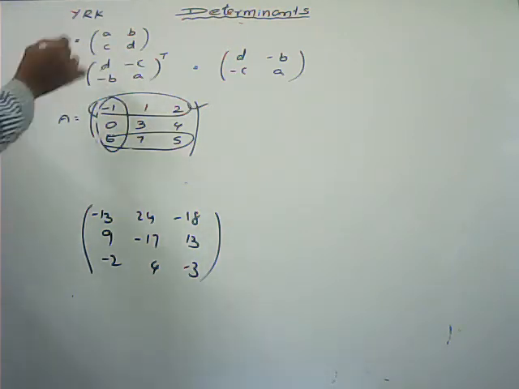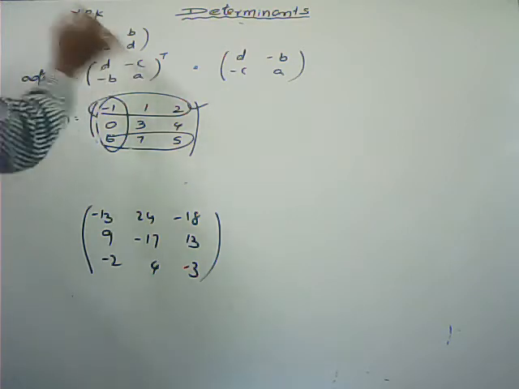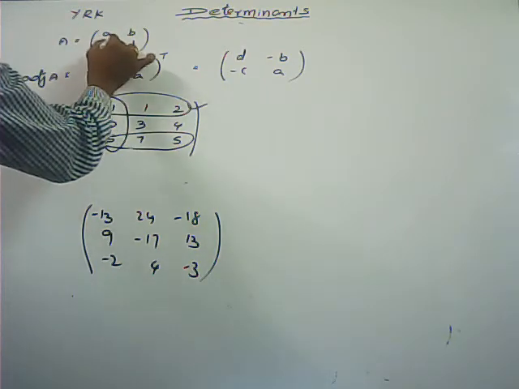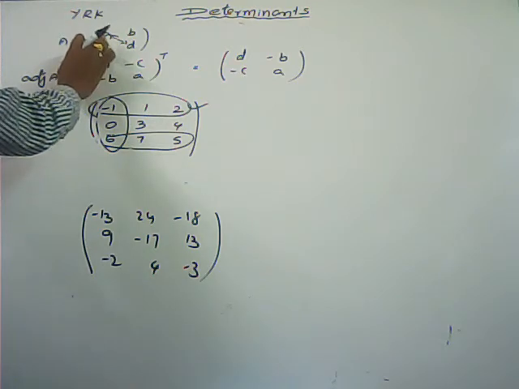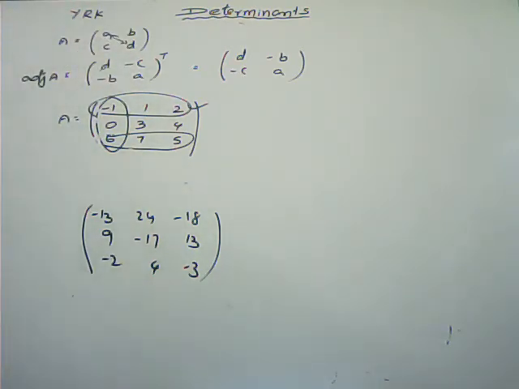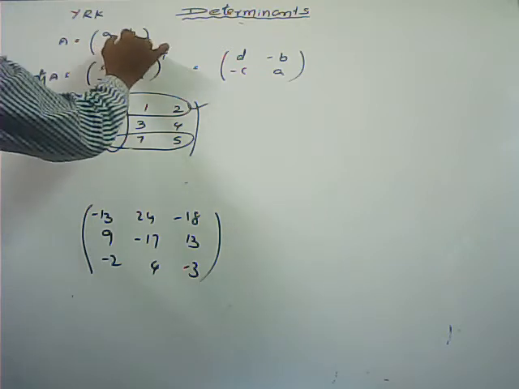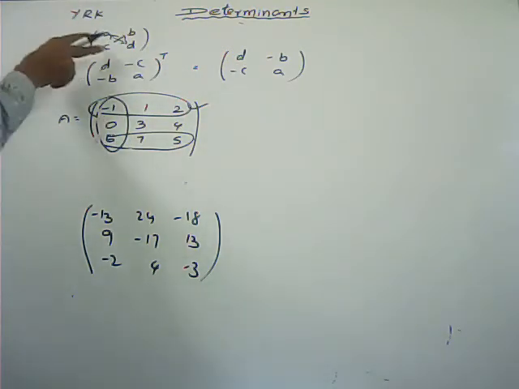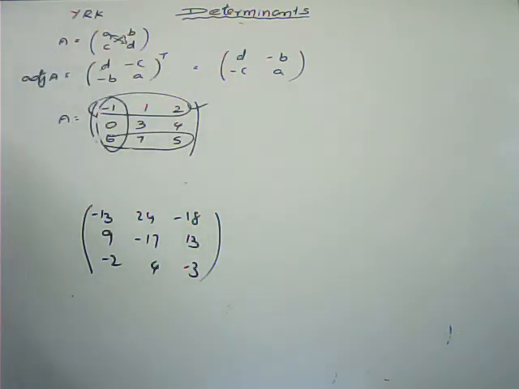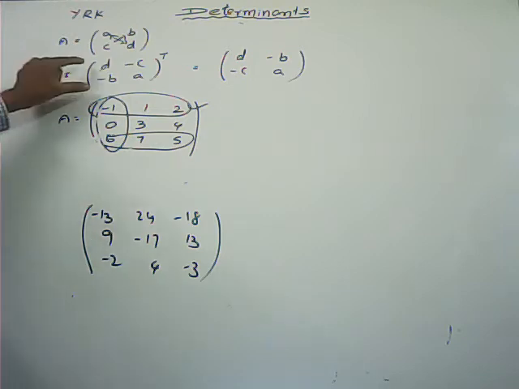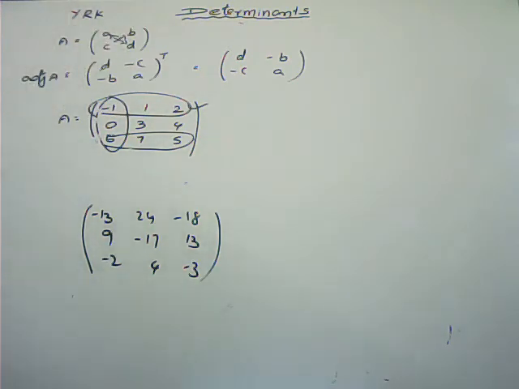If a 2 by 2 square matrix A, B, C, D is given, how do we get the adjoint of A? By interchanging the two diagonal elements. Here D comes to the first position, and A comes to the second row, second column. For the non-diagonal elements, simply change the sign only. So we get D, minus B, minus C, A. That is the shortcut form, but in the regular procedure, first you have to write down the cofactors and transpose it, and we get D, minus B, minus C, A.